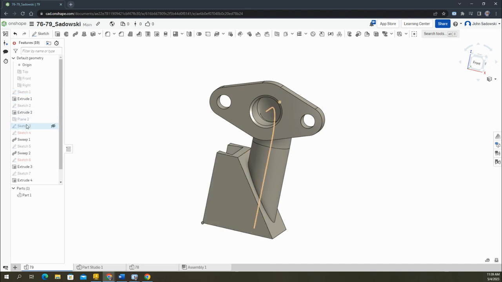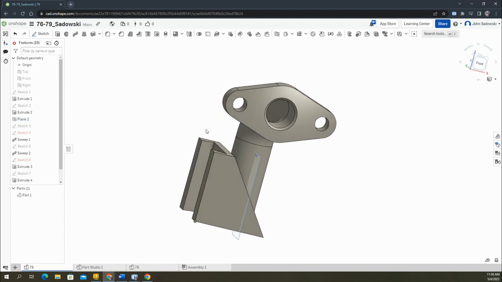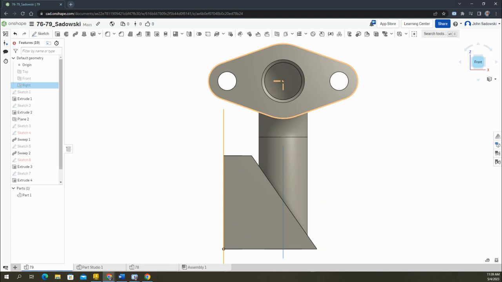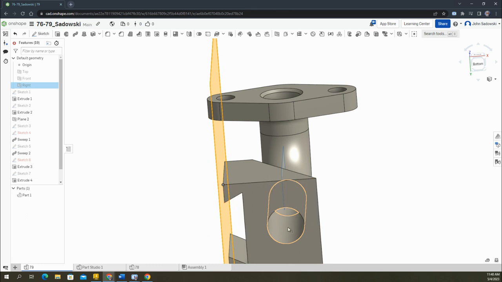Then the next thing I did was I added a plane right here. Turn it on, and I offset it most likely from this plane right here. How far away? If you look on the side profile of this object on your assignment sheet, you'll see that it's 18.1 away from here. From this point over is 18.1. This total distance is 50. So I just subtracted that and I get 31.9. They actually do give it to you as well. So I offset a plane from here over